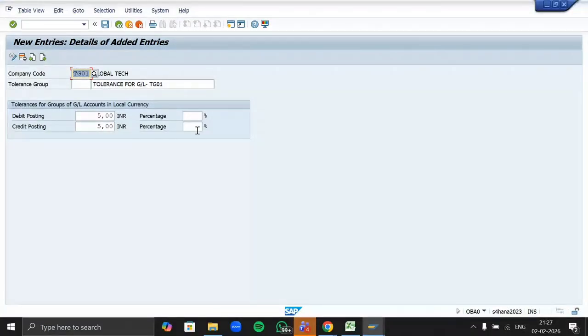It's 5 rupees. So are you telling your system that, let's say, for travel expenses, you are only allowed to post a travel expense of 5 rupees in one go? It's not enough. The system is not accepting any other formats for us.